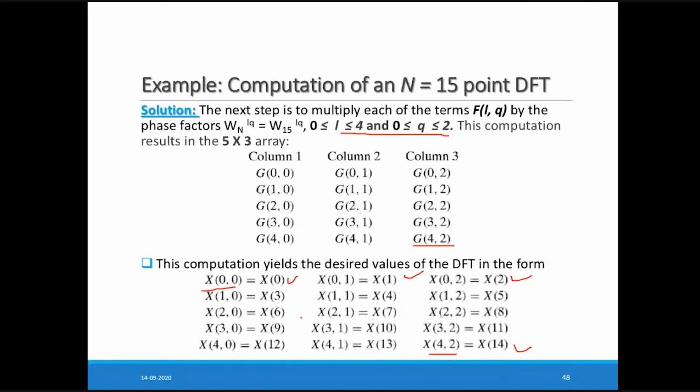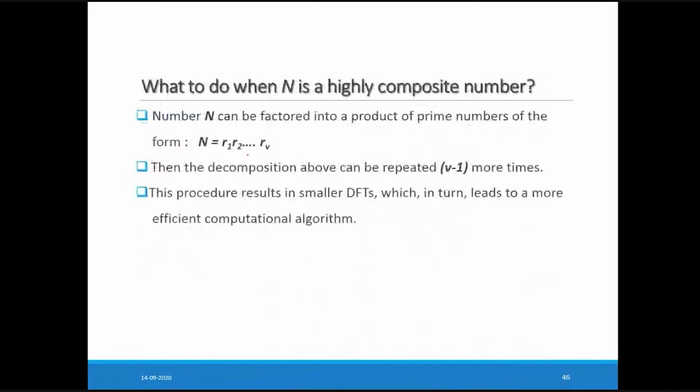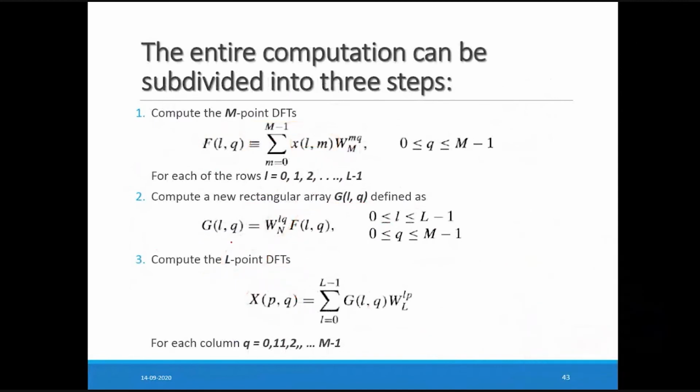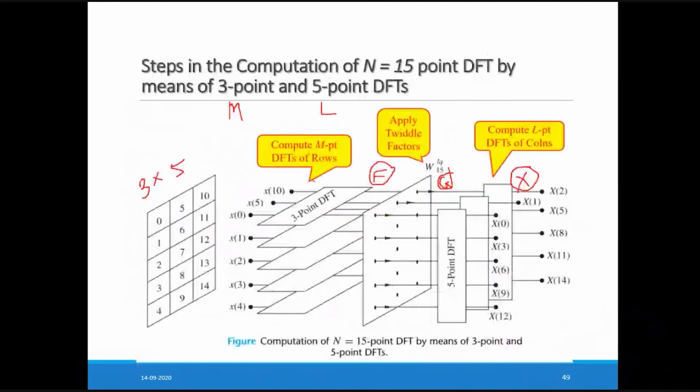So here what we are doing is we are taking individual elements DFT, right? Because we are putting K equal to Q equal to 0 and all. No, when you calculate the G, what your equation suggests? As per your equation, in the calculation of G of LQ, whatever FLQ you are getting, you have to multiply each of FLQ with this Twiddle factor. It is a one type of scaling, you can say. Okay, so same is represented in the graphics also. Here you are taking the 3-point DFT, then you are applying the Twiddle factors, omega LQ, and here the term 15, total number of sequences.